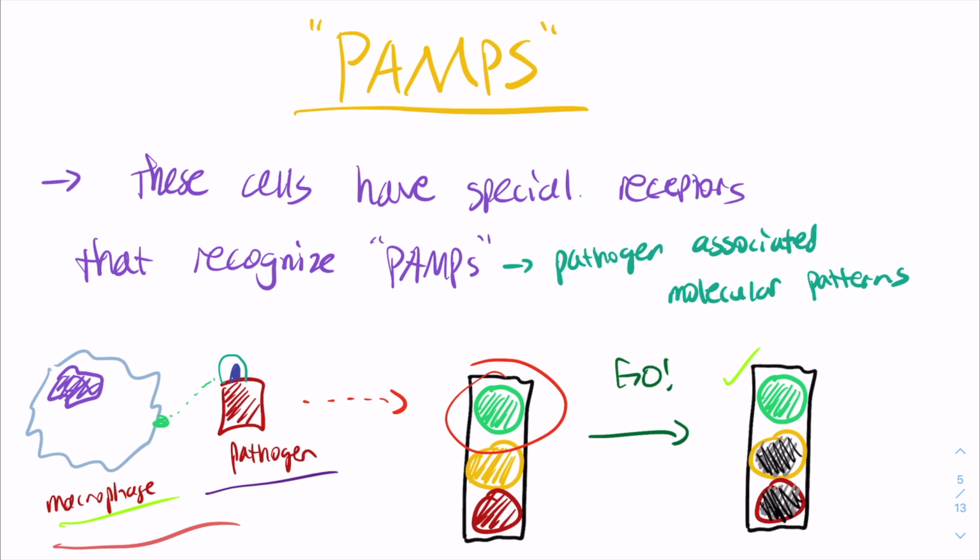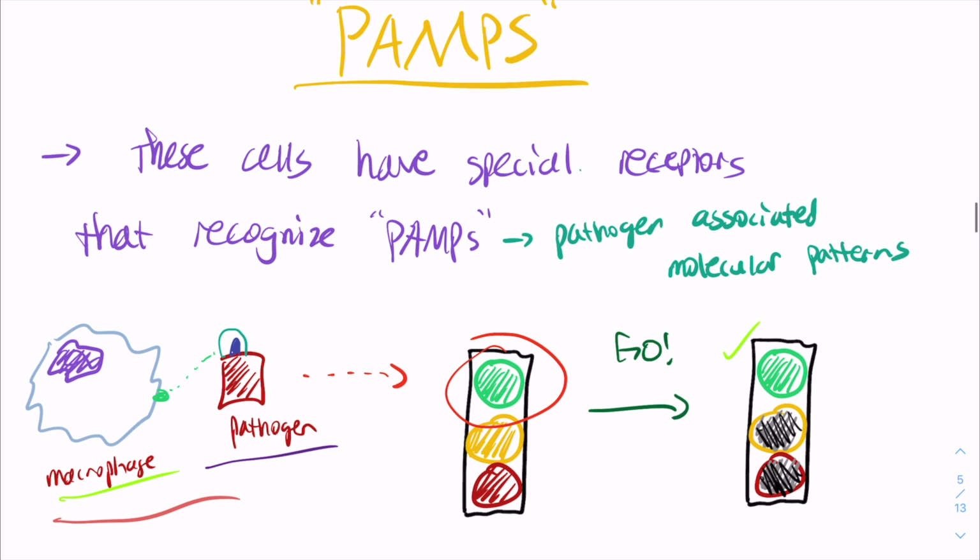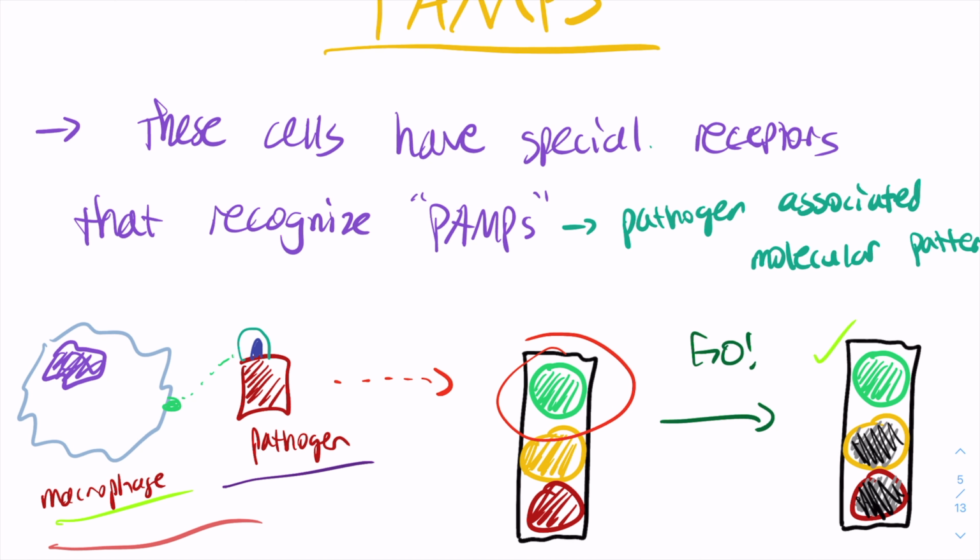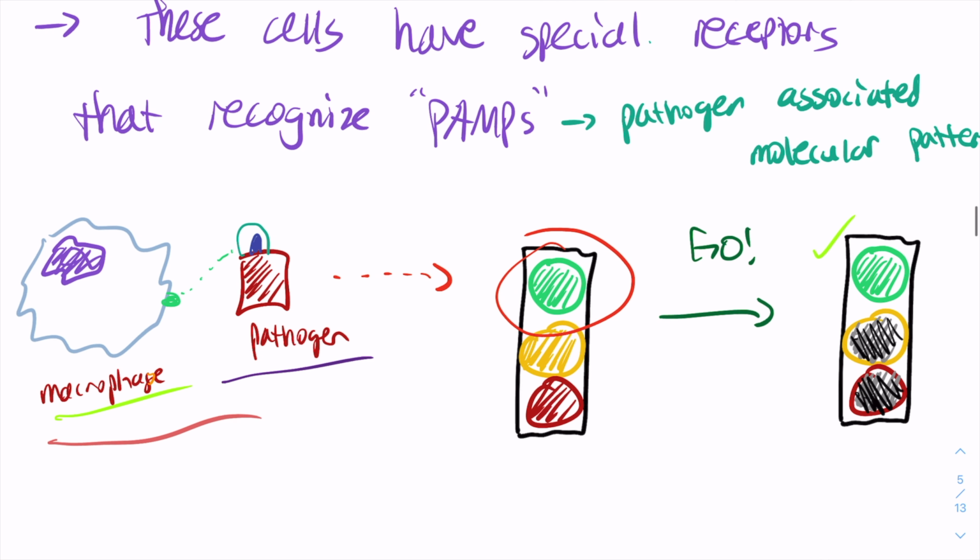It stands for pathogen associated molecular patterns. So let's say you have a virus that gets in your body, and one of your immune cells finds it, in this case what's called a macrophage. I'm going to respell that, macrophage, because my handwriting is terrible. So the macrophage connects to this cell, this pathogen,